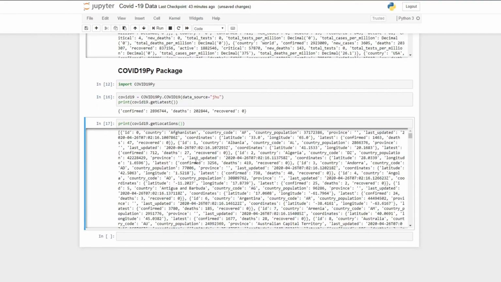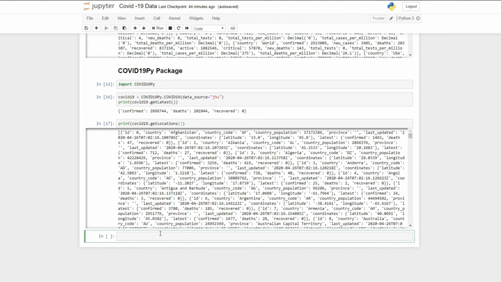So we already saw how to get the country details according to the alphabets, right? But now we will see the country names according to the confirmed cases or according to the deaths or recovered, whatever, right? So for that, let me just make a variable.